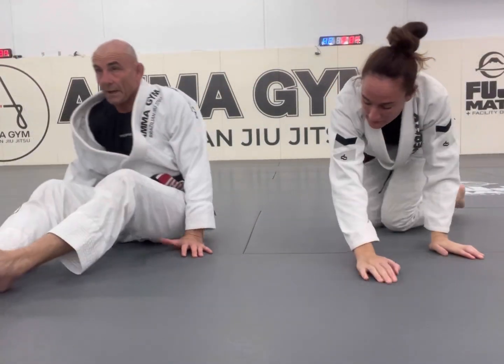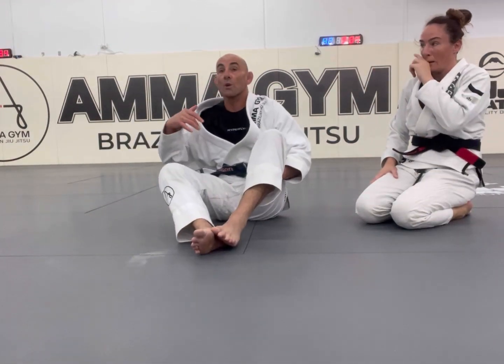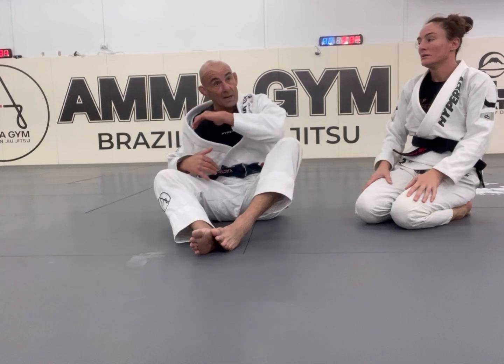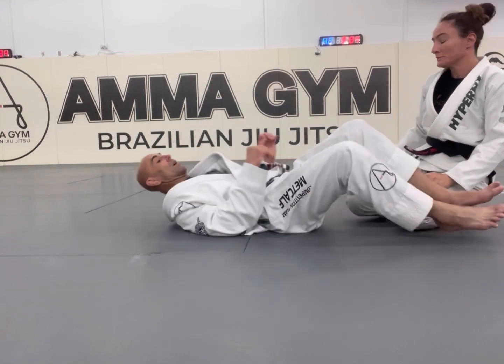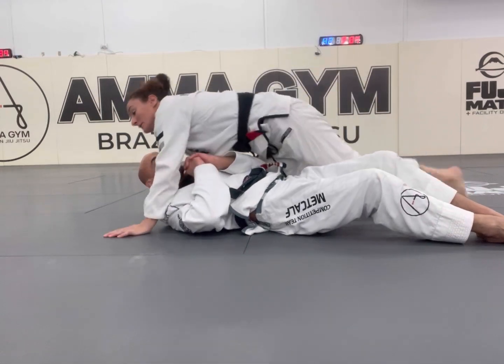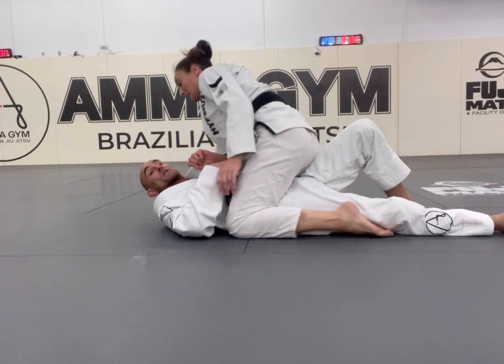So let's have a look at that again in detail, and why we go the opposite side to what we normally do, because we normally scoop the arm. But this one we're going to go to a slightly different position. So the concept behind this is that once we're here,